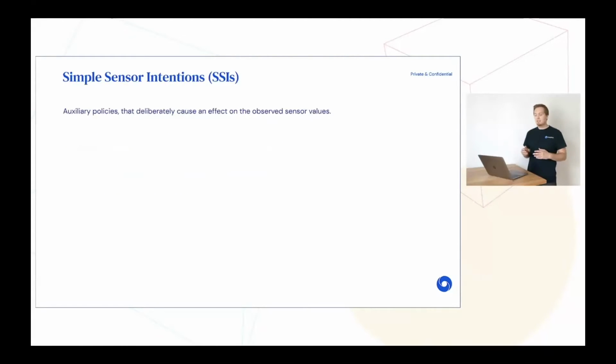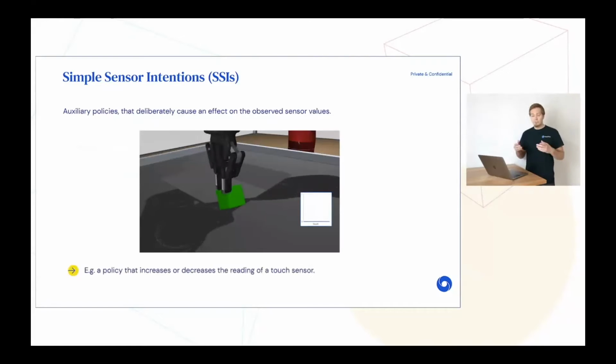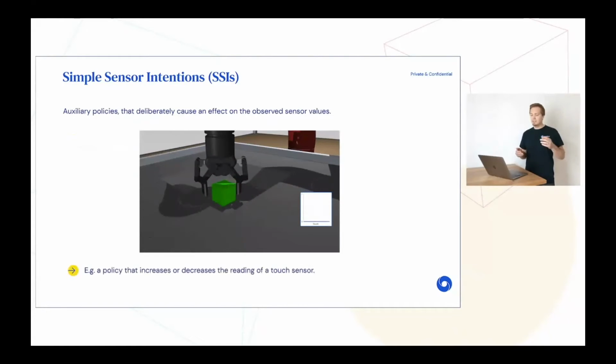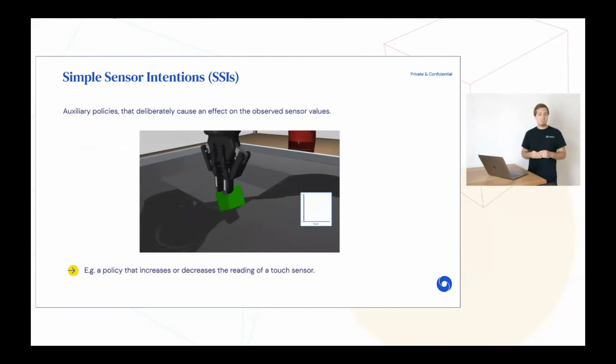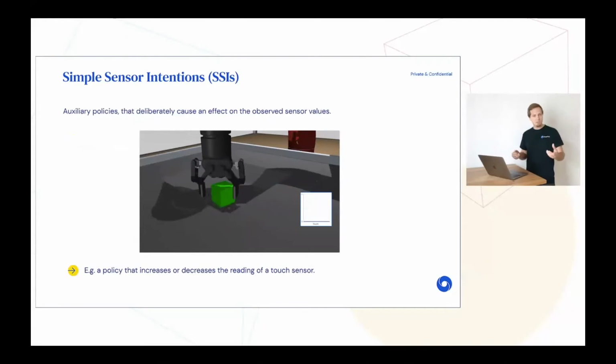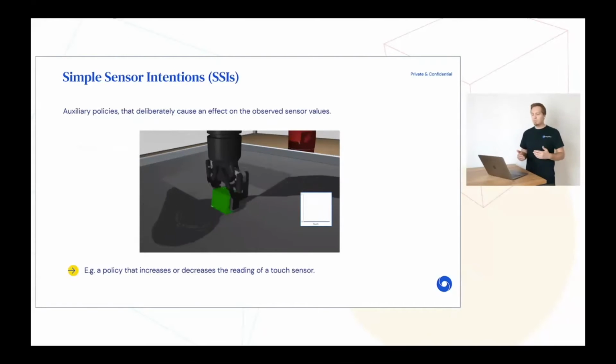The basic idea is that in the absence of an external reward signal, a sensible exploration strategy can be formed by learning auxiliary policies that deliberately cause an effect on the observed sensor values. What we aim for, for example, is to learn a policy that takes actions in order to deliberately increase or decrease the reading of a touch sensor. That obviously has a manifestation in the real world. A robot might learn to grasp an object. But the reward formulation itself is still general in the sense that it doesn't require a semantic understanding of the